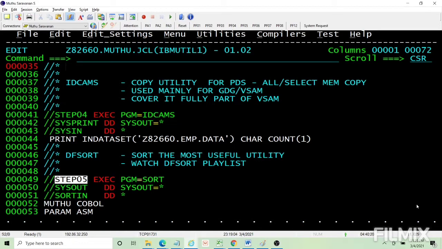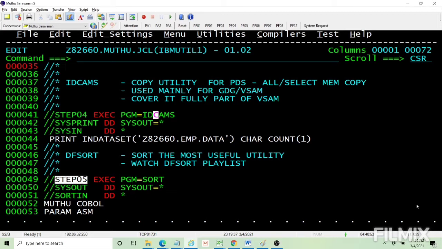So I want to cover IDCAMS in detail as part of a VSAM playlist. Right now just be aware that this is an extensively used utility with respect to GDG and VSAM. Still, I want to mention 2 main functions of IDCAMS from an entry-level perspective and for real time also, because I would like to complete the JCL playlist within another 2 videos, and VSAM will be a separate playlist.